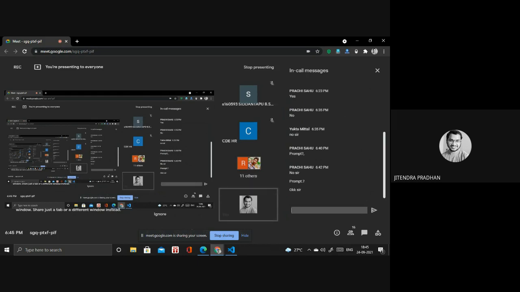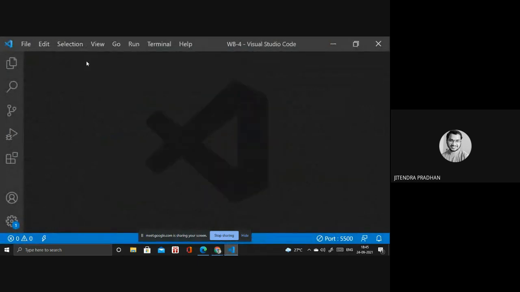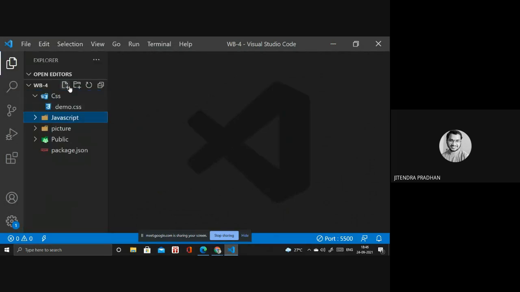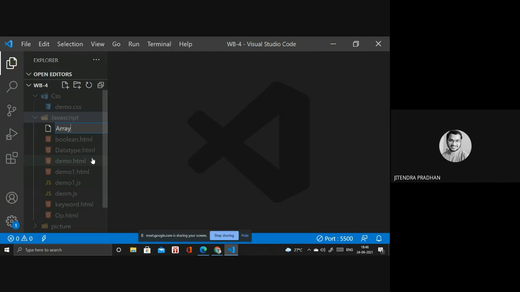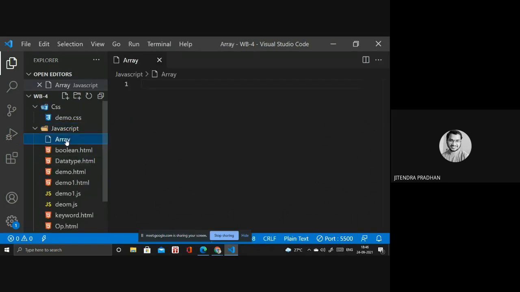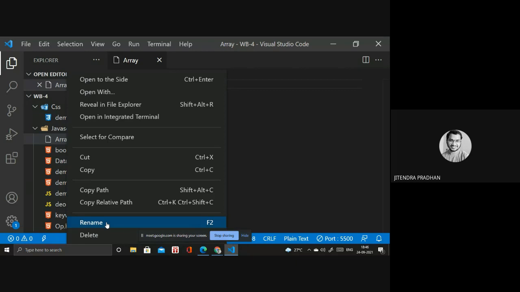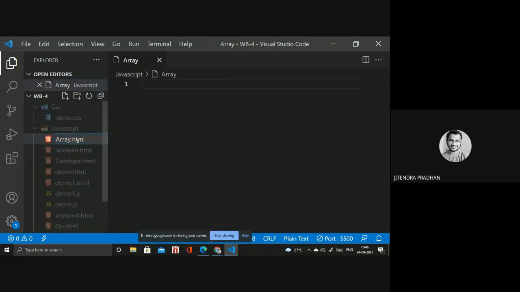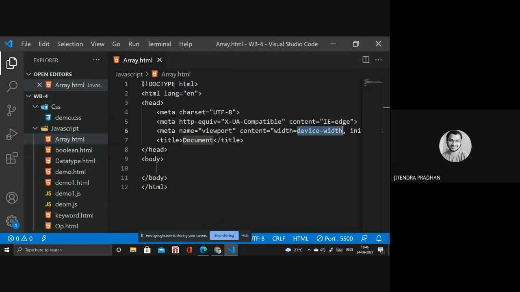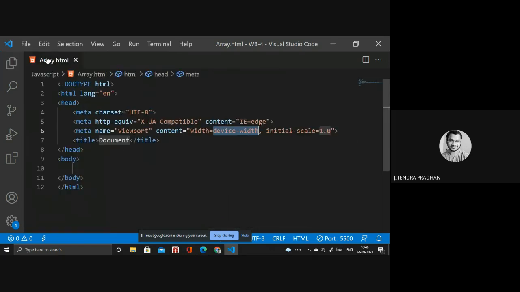So if you want to write an array, you can. I will create another file, array.html. Basically, for an array we write the values inside the meta character, the square brackets.